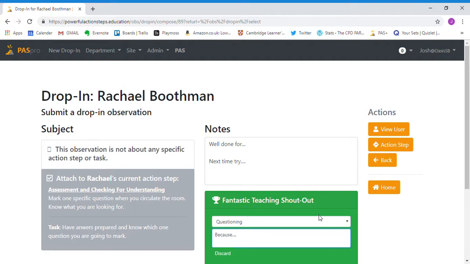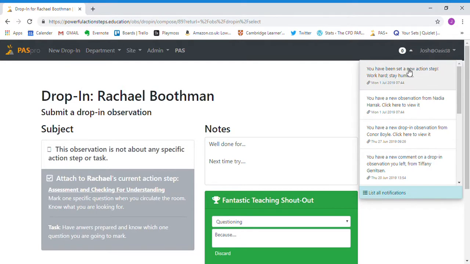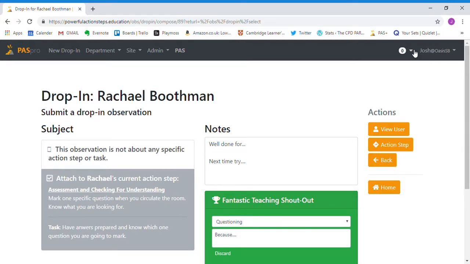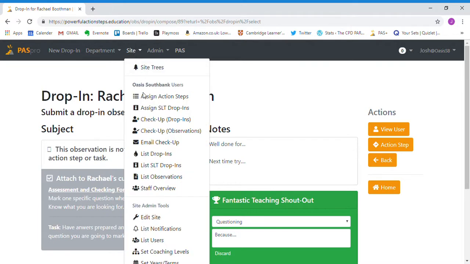Once I feel like I've filled this in, it doesn't need to be loads of information, I click submit, and she receives it as a notification up here, and she'll also receive an email saying that she's had a shout out, so she can log onto the system and have a look. As a systems lead, a teaching and learning lead, I can see the data on all the shout outs, all the drop-ins, by clicking list drop-ins,